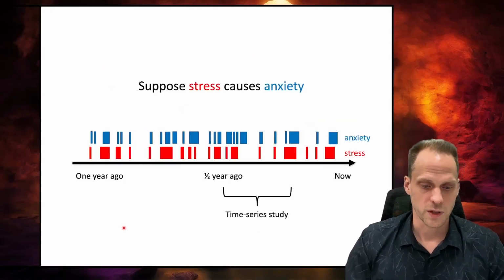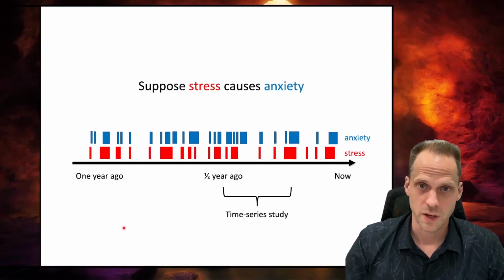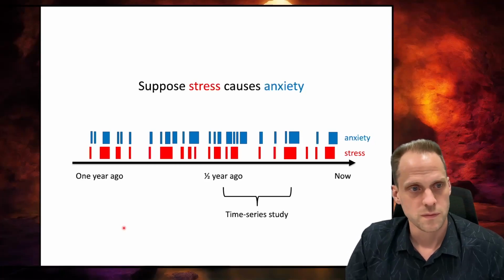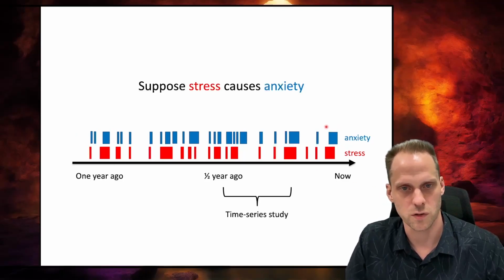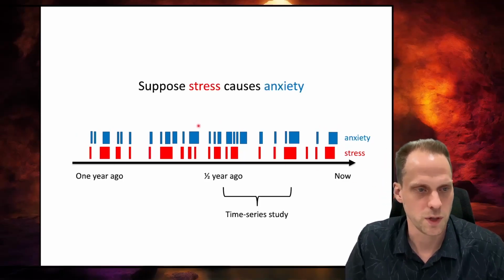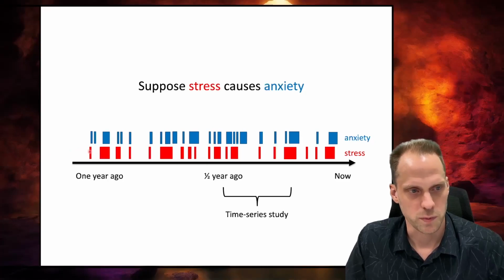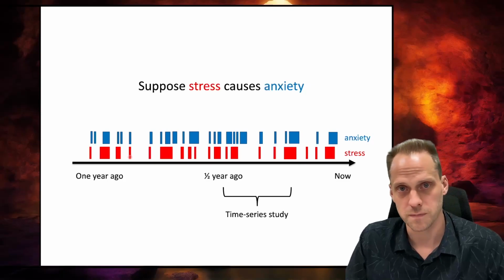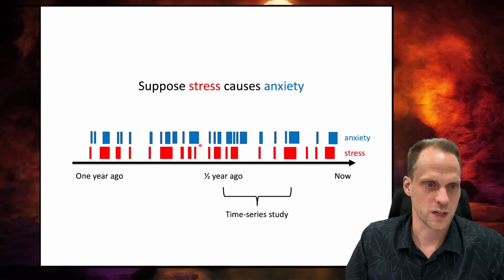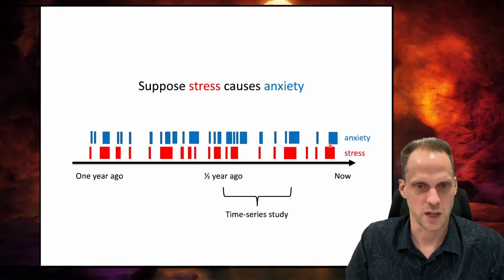Then there's another thing that we can consider, and that is the time frame of our study. So here I have an example where I just generated some pseudo data. It's not actually real. So the red blocks mean here that the person experiences stress. A blue block means the person experiences anxiety. So let's say this person is stressed and not stressed and stressed and not stressed and stressed, etc. And I put these blocks kind of close by each other. I even put anxiety a little bit after stress starts.